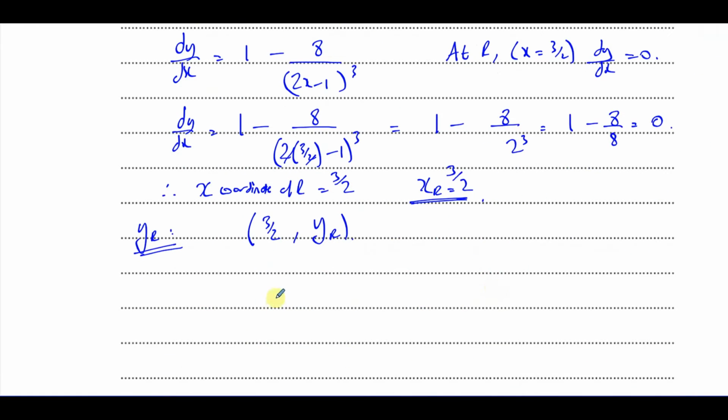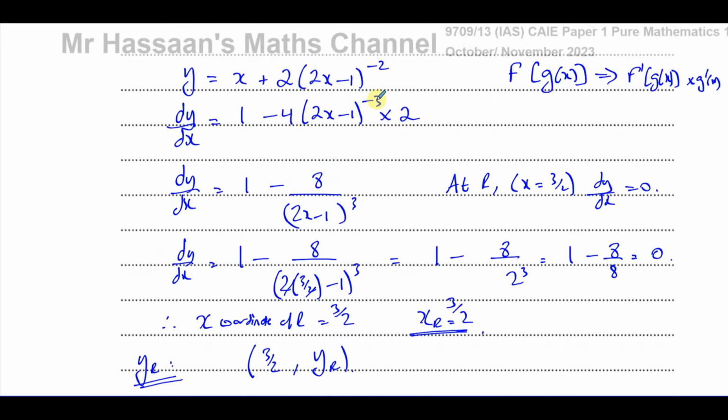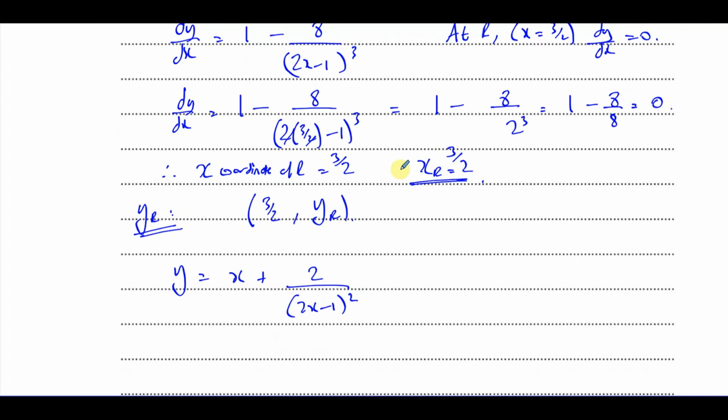equation. So we can say y equals x plus 2 over 2x minus 1 squared. Okay, that was the original equation. So we can say when x equals 3 over 2, then y equals 3 over 2 plus 2 over, now you put 3 over 2 in here, as we saw earlier, we get 2, so that's going to be 2 squared, which is 4, because you're going to have 2 times 3 over 2, that'll be 3 minus 1, which is 2. 2 squared is 4,